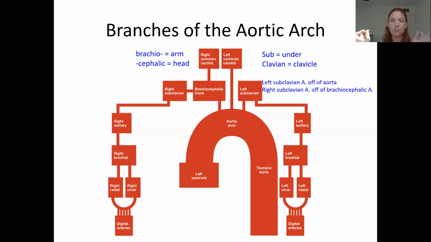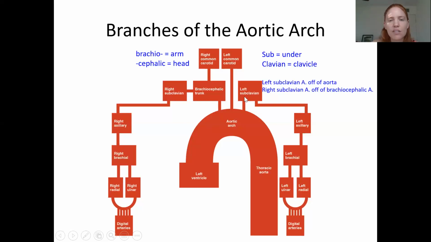It just means it's going to branch into another one that'll be named it. So this, for example, this right common carotid artery is going to branch into the right external carotid artery and the right internal carotid artery. Okay, so make sure you understand that those are asymmetrical with each other and therefore require the